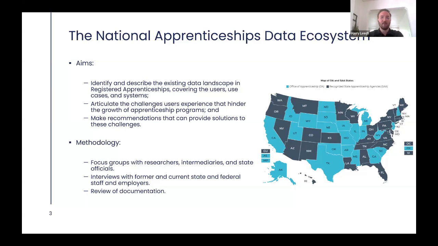Just to say a bit on scope. Firstly, our report is fairly high level. We're focusing on the large scale systems, like how people are using RAPIDS and WIPS. We're not going into particular data points; there's other great work out there doing that. So we mainly focus on what the national picture looks like. And secondly, we've concentrated on registered apprenticeships. We were quite interested to see what we could find out on unregistered apprenticeships, but really struggled to find a way in data-wise, for obvious reasons.